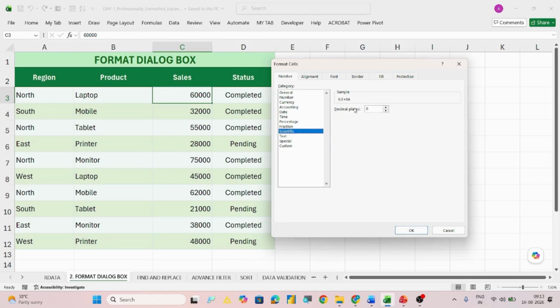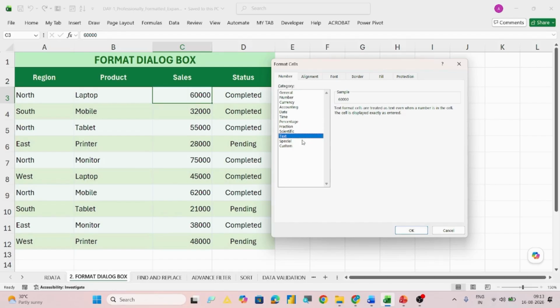This is scientific notation, which will appear like this. In case you want decimal places, you can increase them from here. This is text. Text format cells are always treated as text data type, even when a number is typed in there. So the cell is displaying the number, but it is in text format. This can be known if it is aligned right.